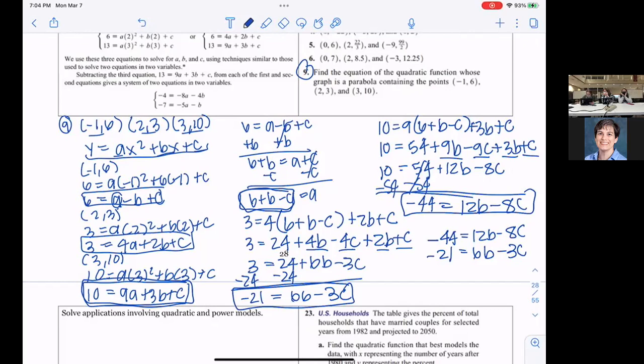And then we need to match up either the B or C, right, to cancel one of those out. And I'd say the easiest is probably doing B. So we can multiply this bottom equation by -2. And so now we're gonna have -44 equals 12B